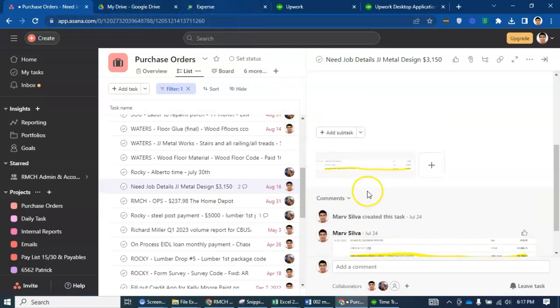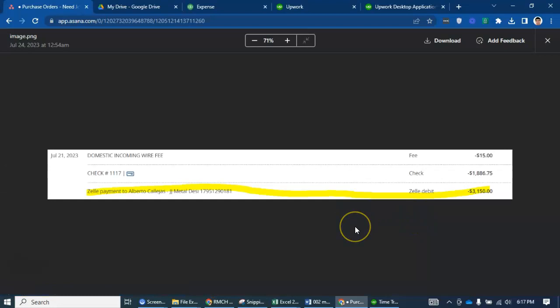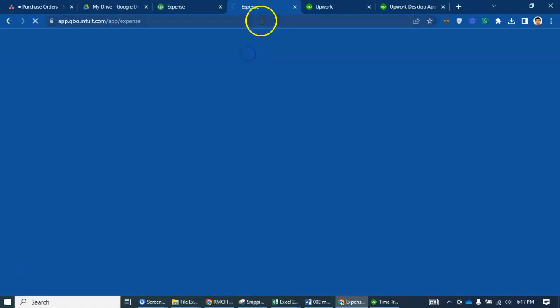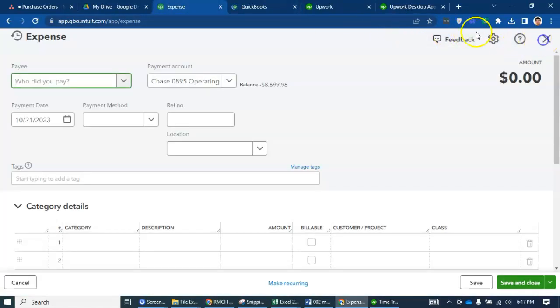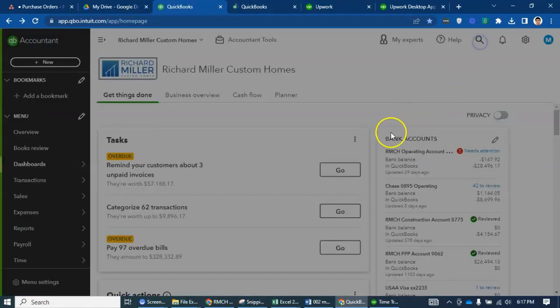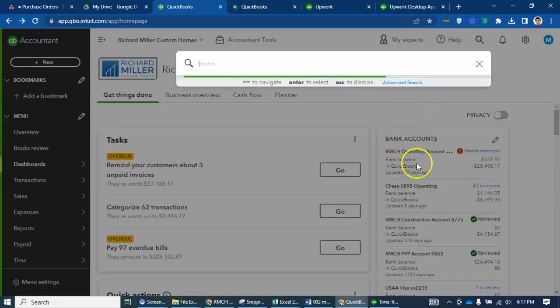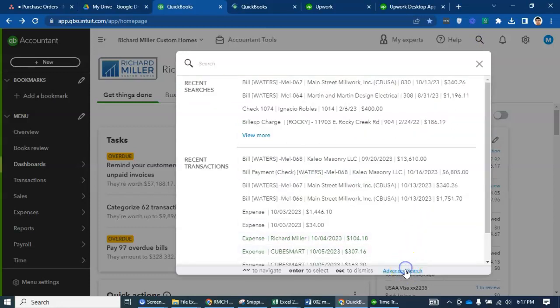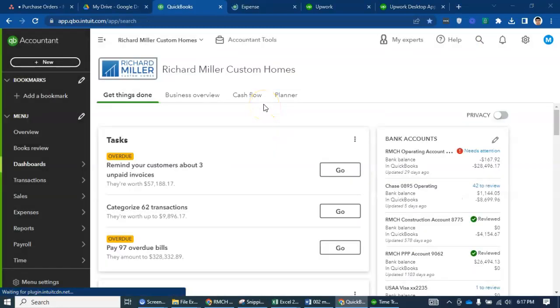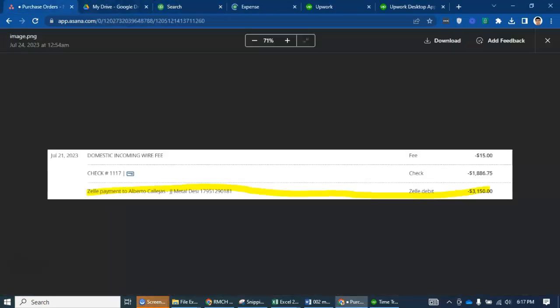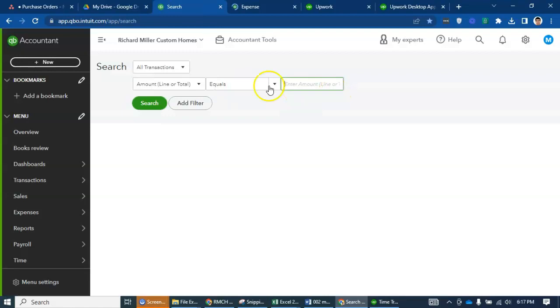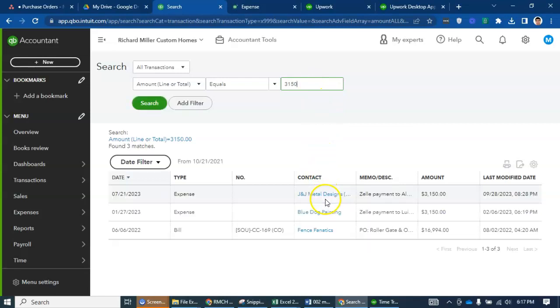So all we need to do is write an expense and take a look at which account this is coming from. There is a 3,150. It was on July 1, so it might be that this particular July 1 is already recorded. So I think we need to find that amount here, $3,150. Okay, so that's it. This is the July 21.